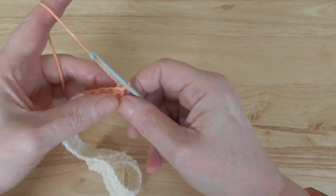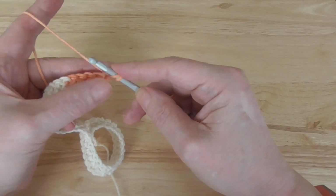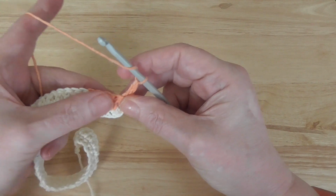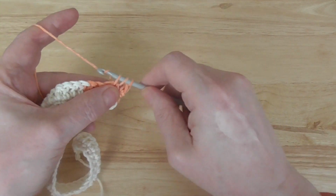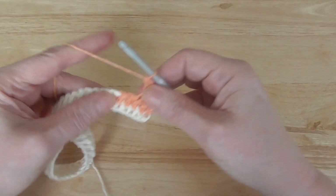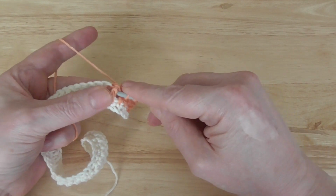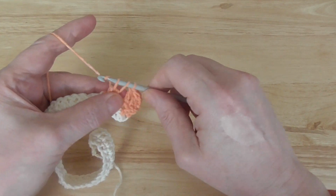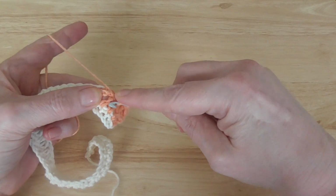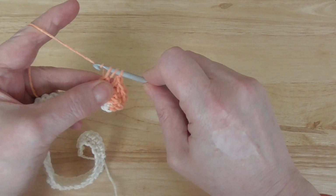So for the next row we're going to use a chain 3 or a begin stitch is what I call it. And then we're going to treble crochet 2, and then we're going to miss the next stitch, and we're going to front post treble around the next one, and then yarn over, and staying at the front go back and front post treble around the stitch that you missed,